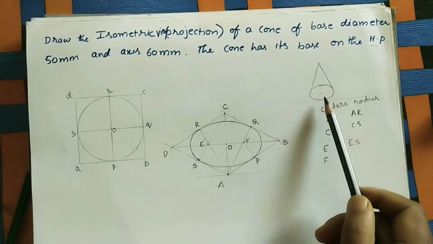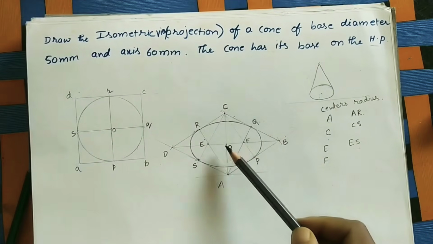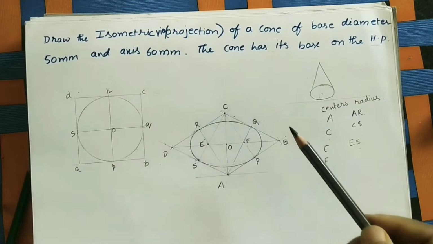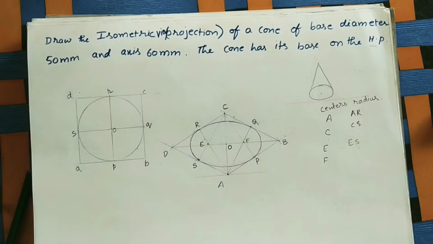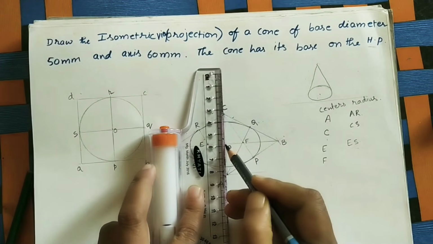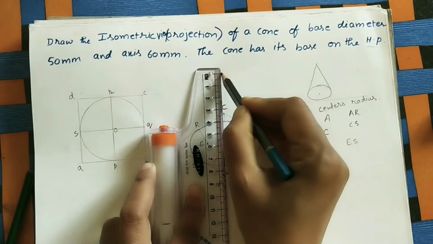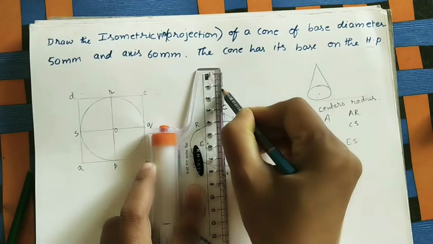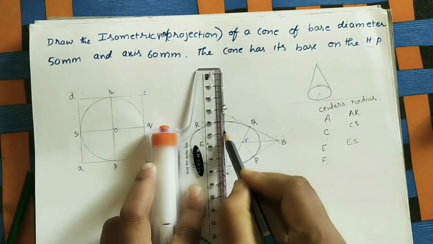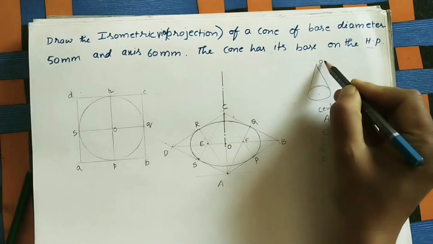After that, the cone height has been given. How much is it? It is 6 centimeters from the center to this apex. So from the center to the apex, take the vertical height of 6 centimeters. So this is the center. From the center, take the axis line. As we know, an axis line is two long lines with one dot. It is the imaginary line. Okay, like this. Now give the apex here some name, O1.